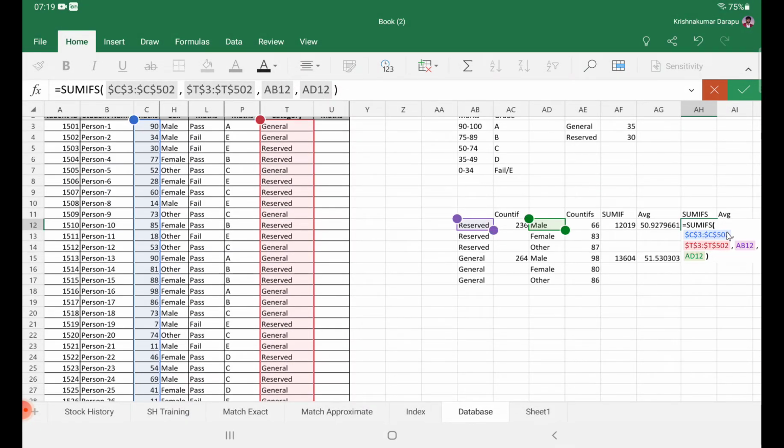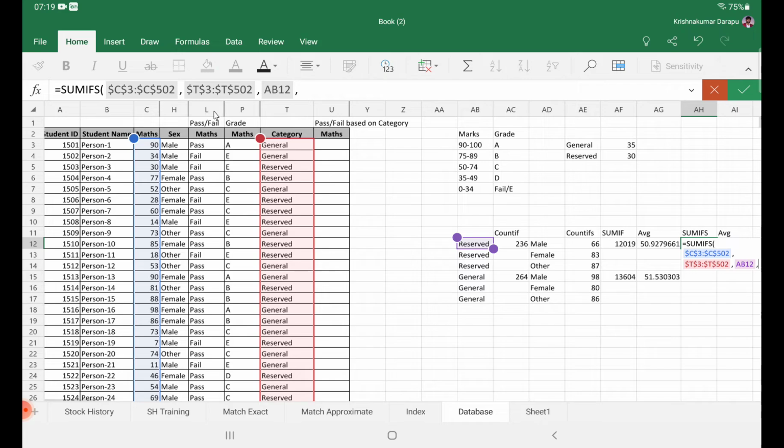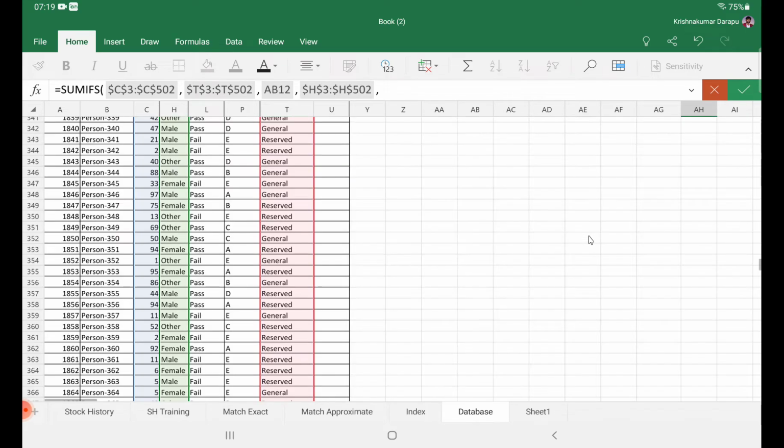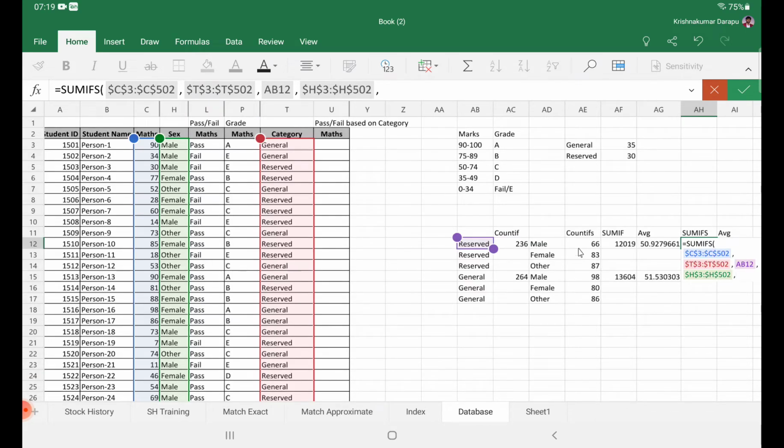I think we just deleted the condition, so let's give it one more time, not a problem. So we have given the sum range, the criteria range 1, the criteria 2, and let's go to the criteria range 2 and then freeze it. And then what is my criteria 2, which is in the AD column,